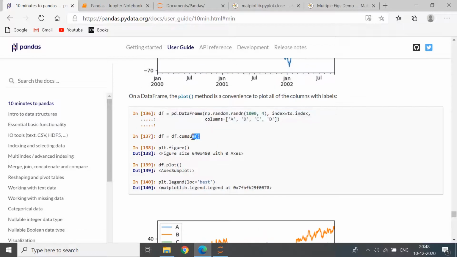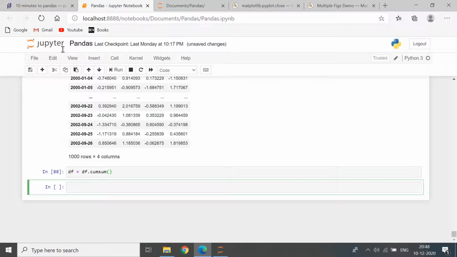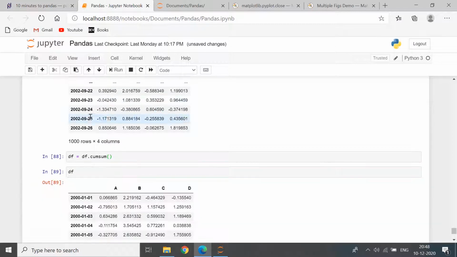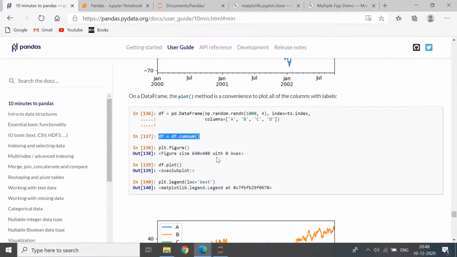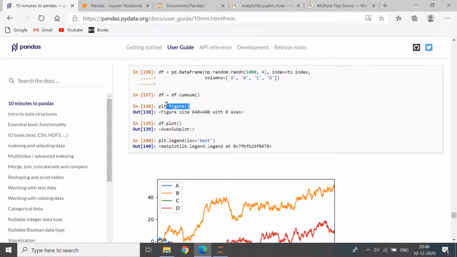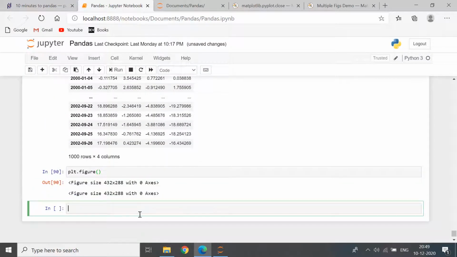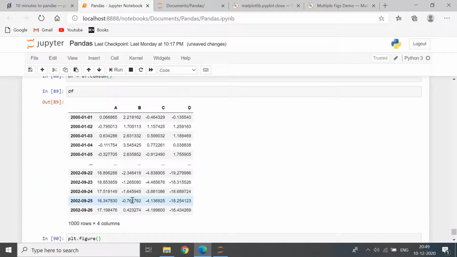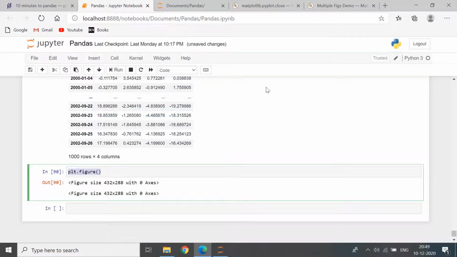And again, you can do the same cumulative sum stuff, and right off the bat, we've done that. You can check it does the cumulative sums with all the columns now instead of just one. And now we have done this plt.figure. I have not used this figsize. So basically I guess it's telling us what the figure size would be. I'm not sure what it's doing. Maybe in pixels.